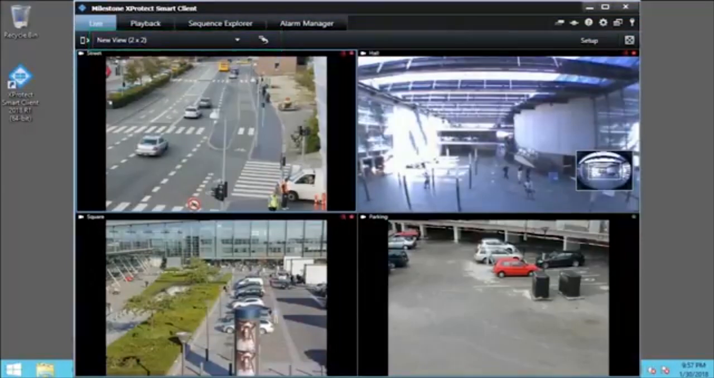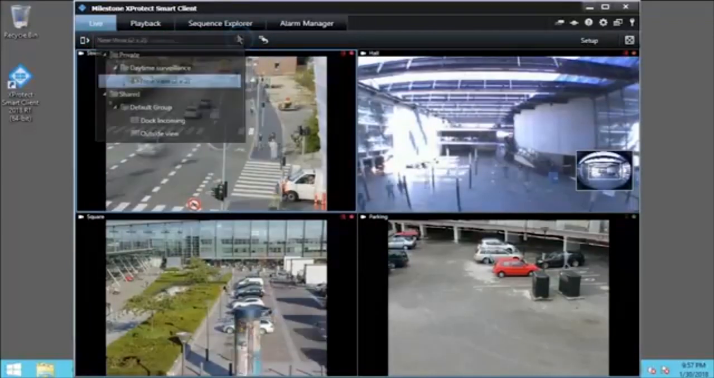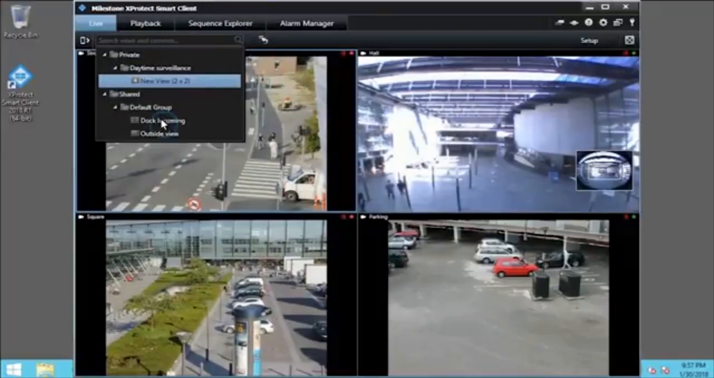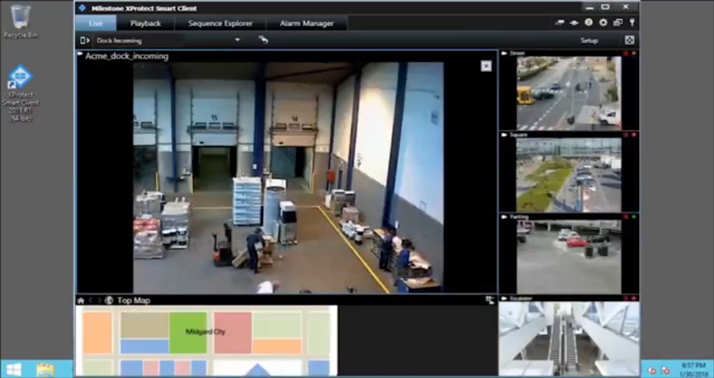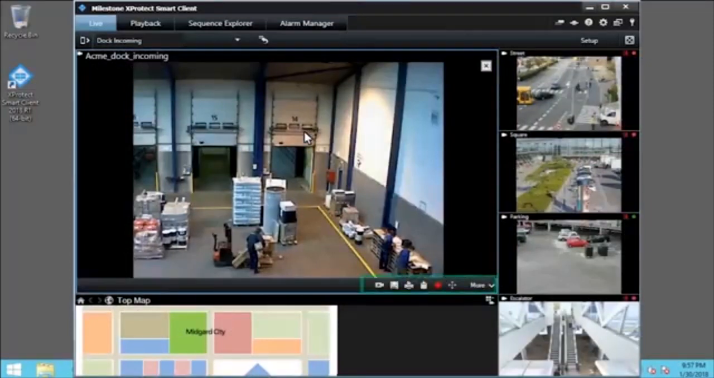Let's click the View arrow. Let's select the Dock Incoming view. The Dock Incoming view appears. When you place your pointer over a view item, the camera toolbar appears at the bottom. Depending on your permissions and your version of XProtect, these buttons appear, allowing you to apply various functions to the